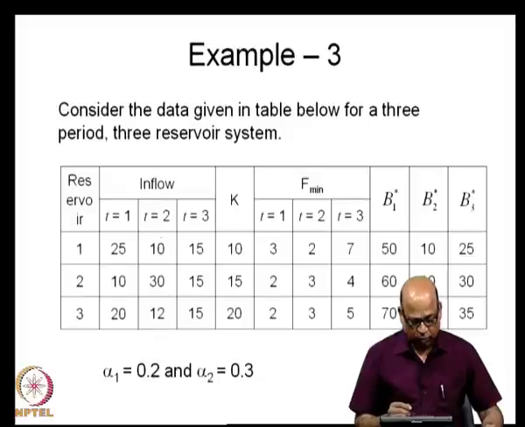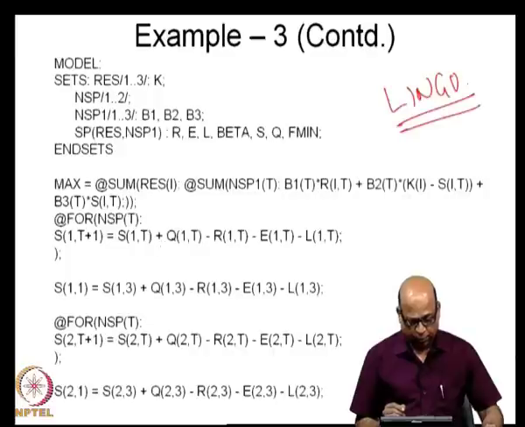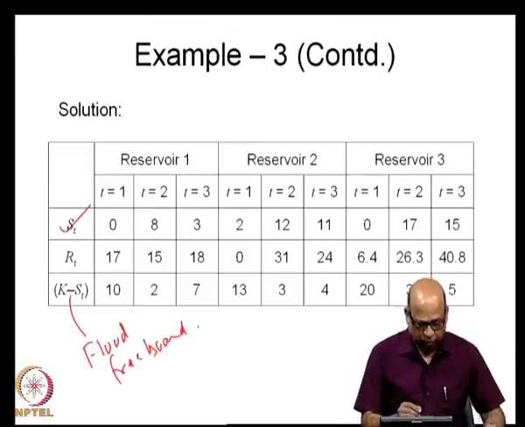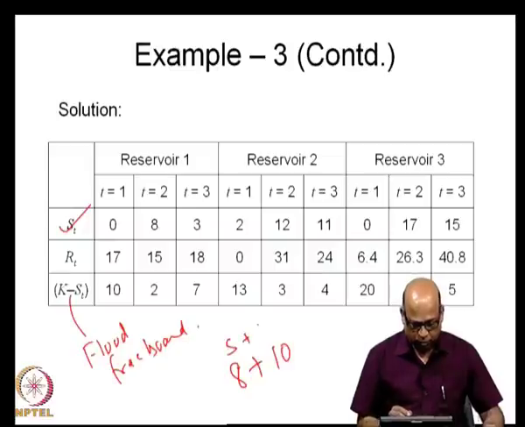So, at reservoir 1, you look at the flow during the time period t is equal to 2, which is 10. So, you have time period t is equal to 2, 8 plus 10, which is the storage plus inflow, and minus you make a release of 15, and you will end up with a storage of 3, that is this 3.